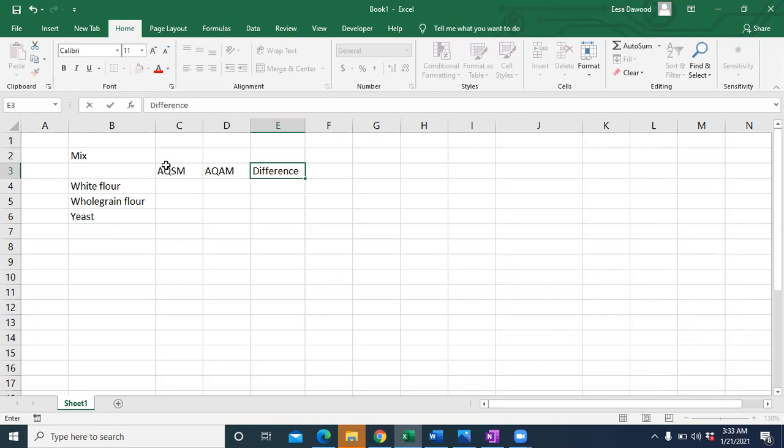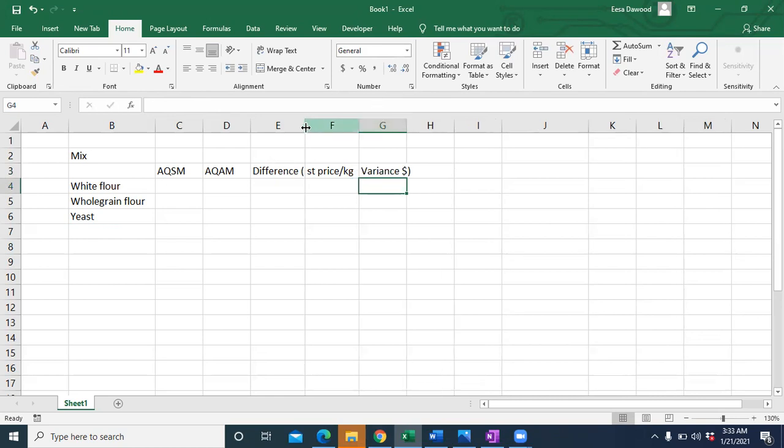Even if you write it, you need to wrap text and then expand the column and then it will fit in. Okay, and then what you get is the difference in kgs, then you multiply it with standard price per kg and then you get the cost variance.